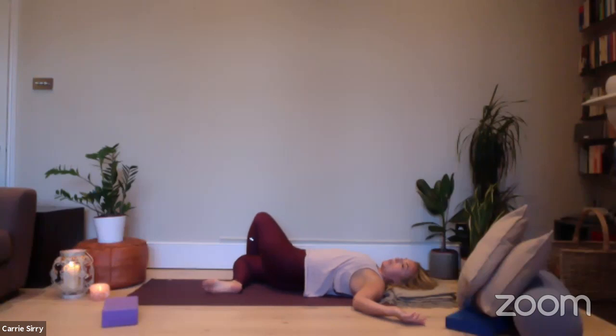And taking 3 deep breaths here, and again, finding that softening, checking in with that area of the outer hip into the buttock. And breathing into that area of tension and tightness here, and seeing if you can just release that and soften it down. And breathing deeply, expanding through the chest as you inhale and exhaling, softening through the hip and into the upper body. One last breath